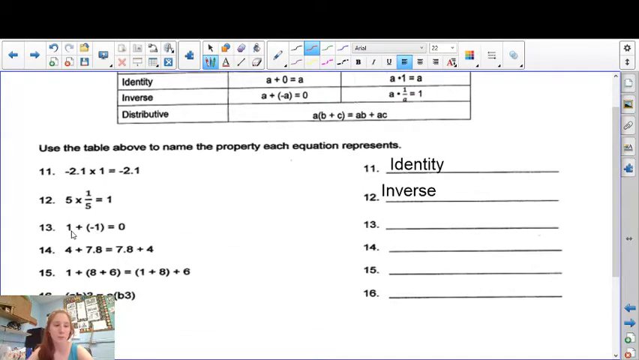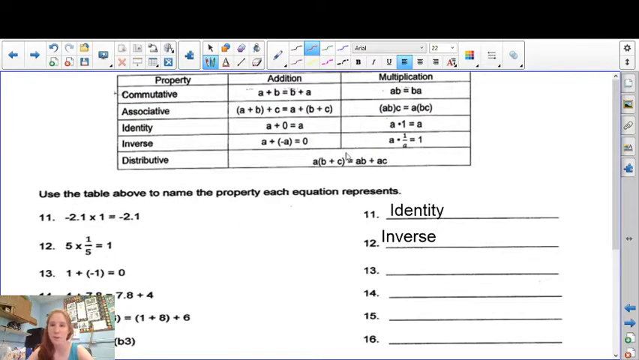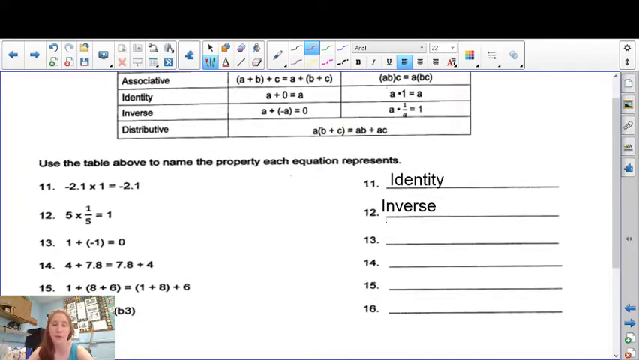Number 13. 1 plus -1 is 0. Alrighty. Well, I know I can't be in the multiplication because I'm dealing with addition, so I need to look in the addition one. Commutative, where I move them around. Nope, they didn't get moved. Associative, which is add in a different order. Nope. Add by 0, I didn't add 0. Hey, but I got 0 as my answer. So a plus -a is equal to 0. So this one is also an inverse, but it's the additive